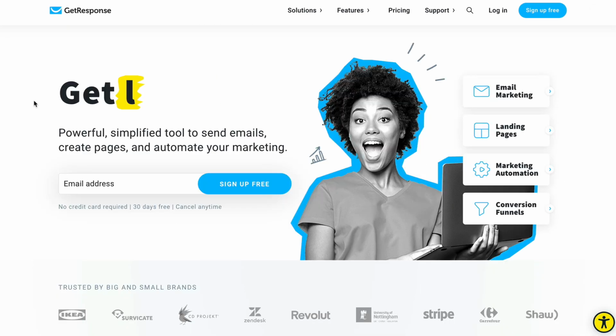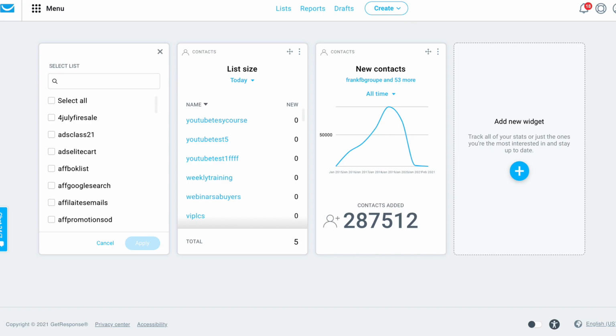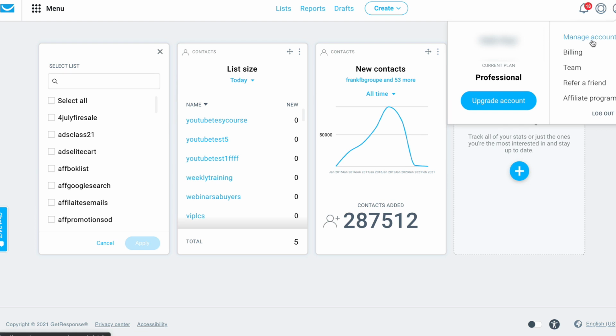Now, once you actually have this and you've signed up, I'm going to show you some quick things that you need to do to get set up before you actually start sending emails, okay? So the first step is, once you've signed in, you're going to have a page like this, and you'll have some stuff here, probably nothing like this, but you'll have some stuff here. You want to go to your account here, and you want to go to Manage Account.